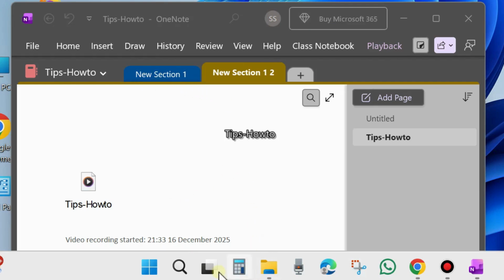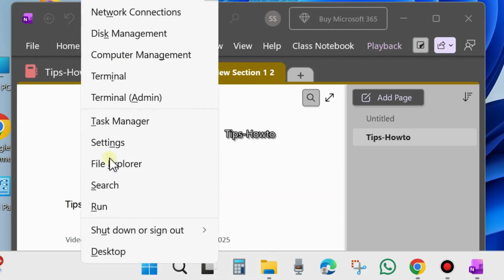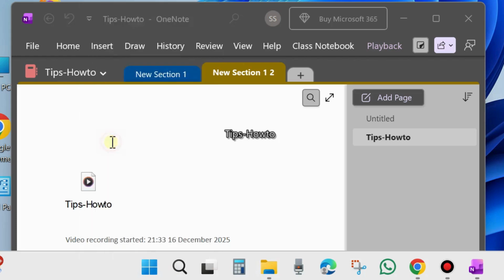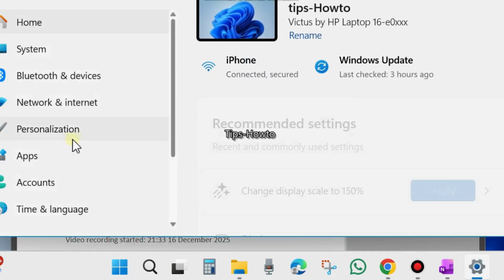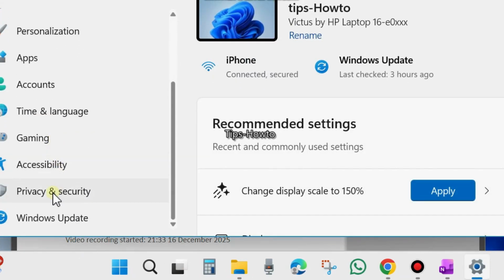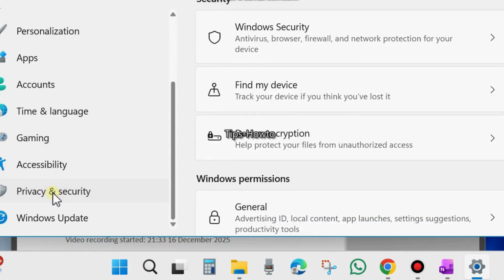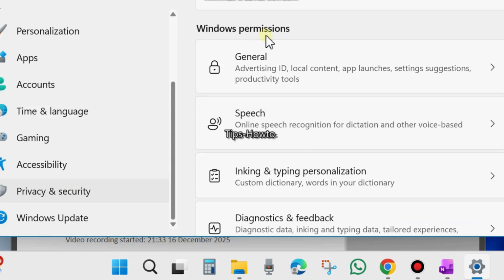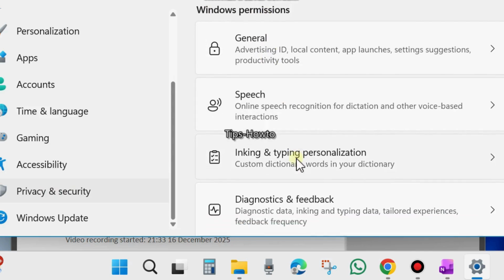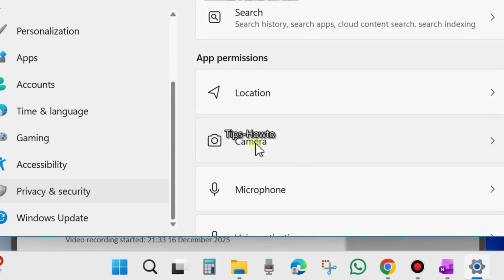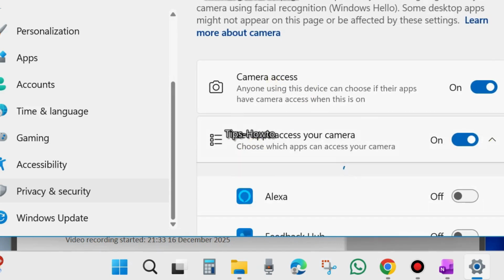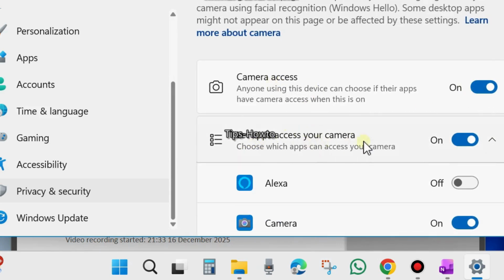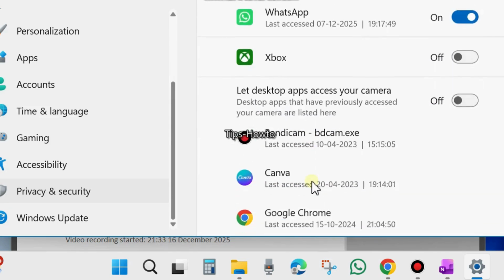Minimize the OneNote app window. Right click on the start button and choose settings. Here from the left side of settings, go to privacy and security. Thereafter go to the right side, and under Windows permissions, scroll down, and you will find under app permissions, camera. Click on camera. Here, under camera access, make sure that camera access is enabled, and also under apps using your camera, scroll